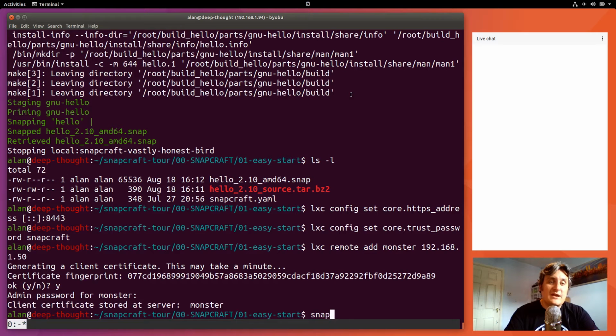So if I just do Snapcraft on its own, it builds locally. If I do Snapcraft clean build, it'll build inside LXD locally. But if I do Snapcraft clean build --remote, and then the name of the machine that I registered, which in this case is Monster,